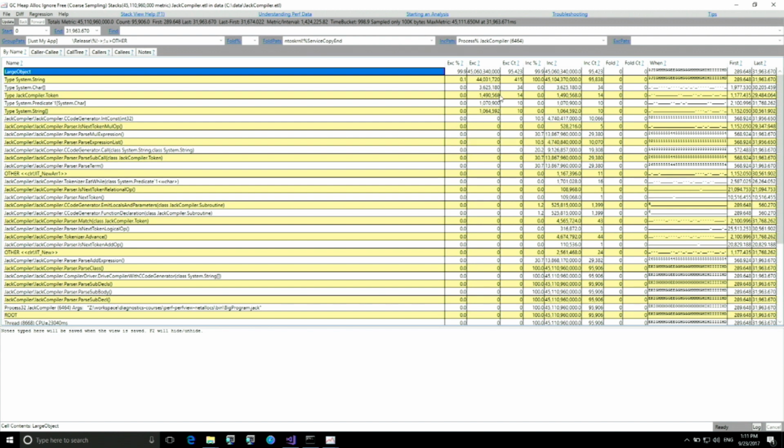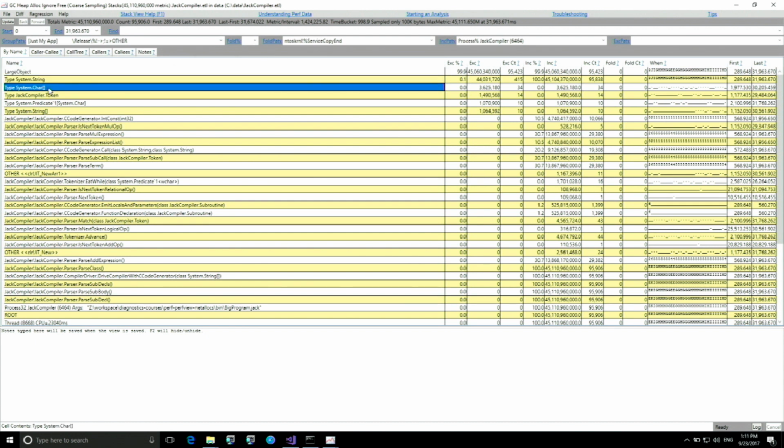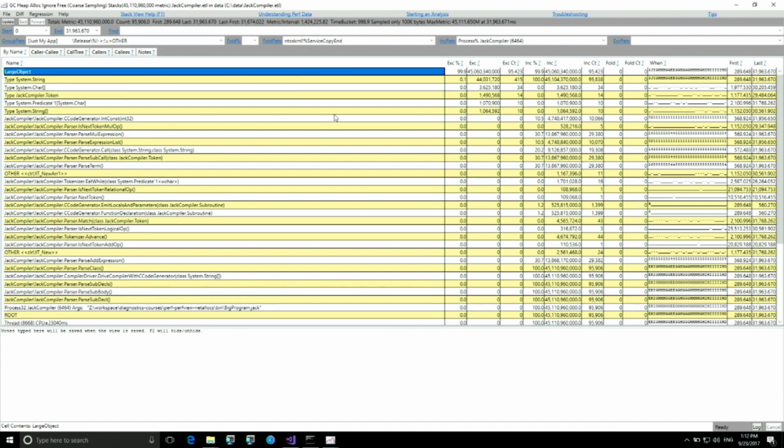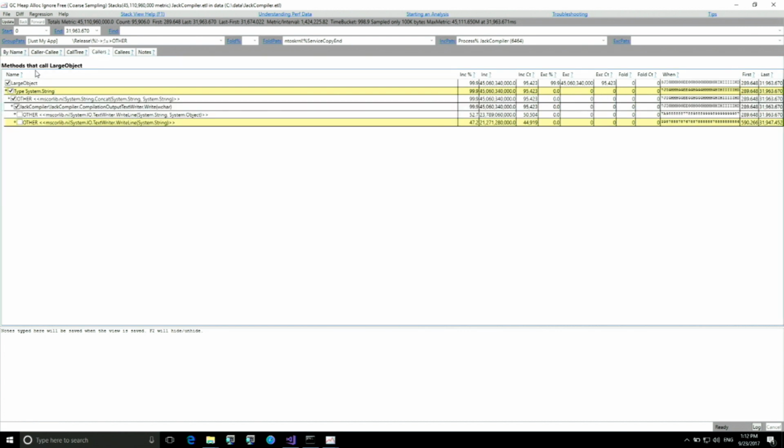It's basically large objects. We also see that we have strings and char arrays and some token of some sort, but 99% of the allocations are these large objects, which currently I don't know anything about. So I will double click this large object, and I will see the call stacks of where these large objects were allocated. And what I see straight away here is that I have this